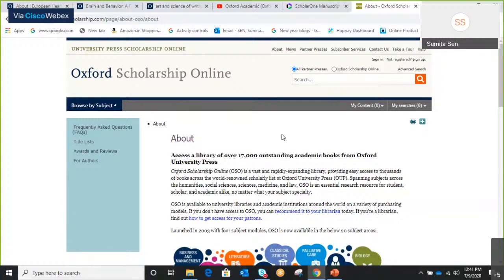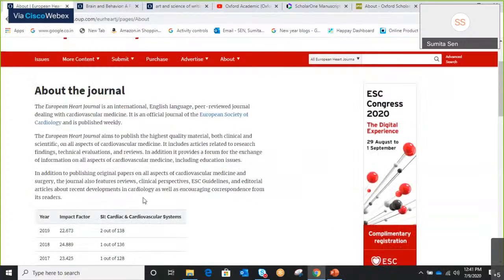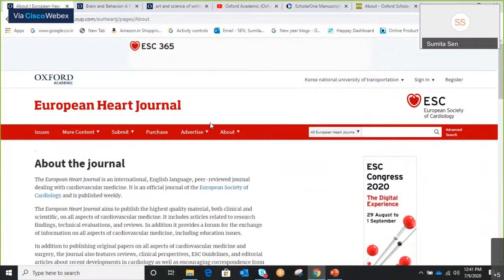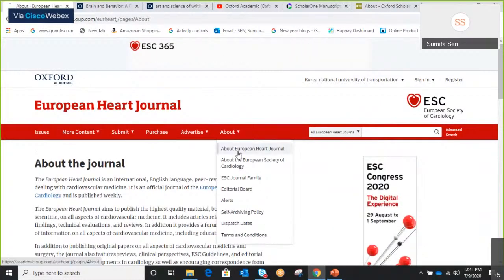So the next question, Sumita, is can you guide us on an authentic source to find the evolution of citations or impact factor? I think the journal's homepage is the most reliable source. Why would you go anywhere else? I think this is the most authentic source.